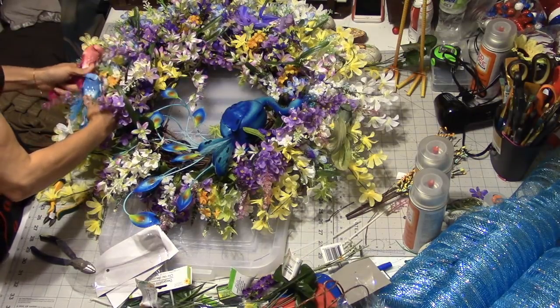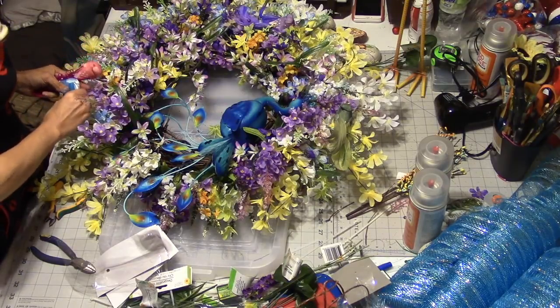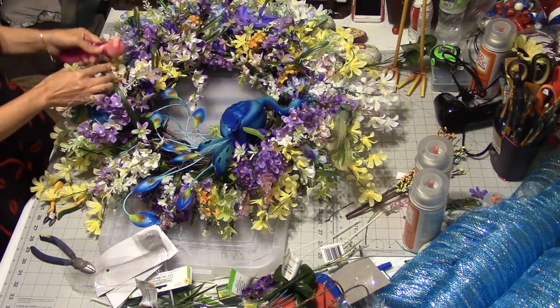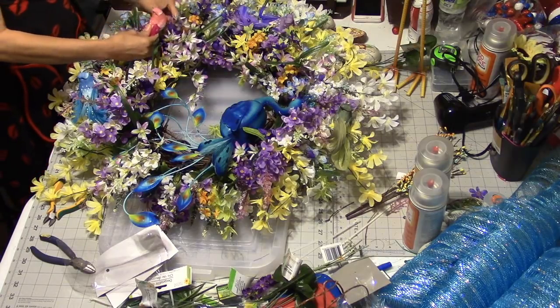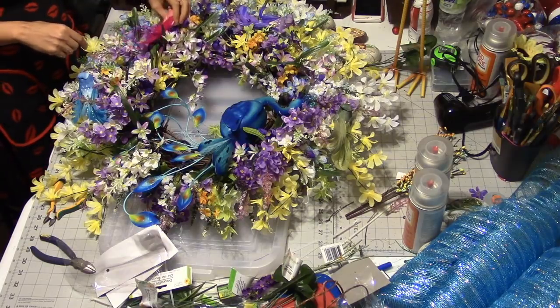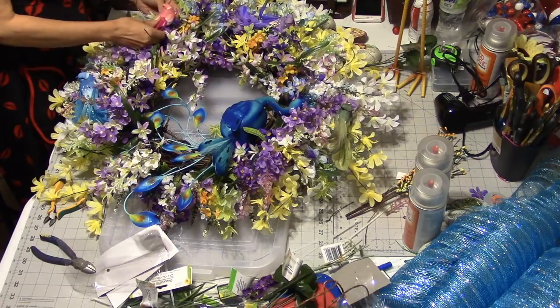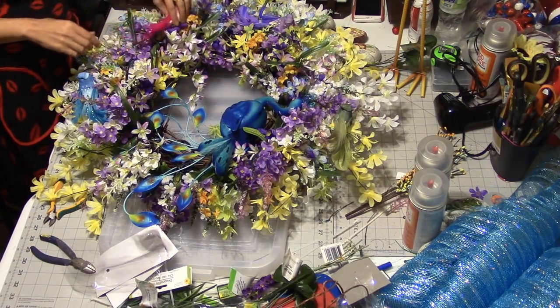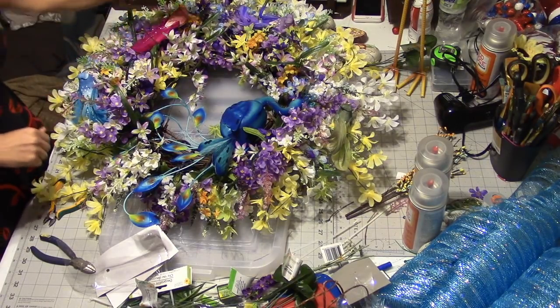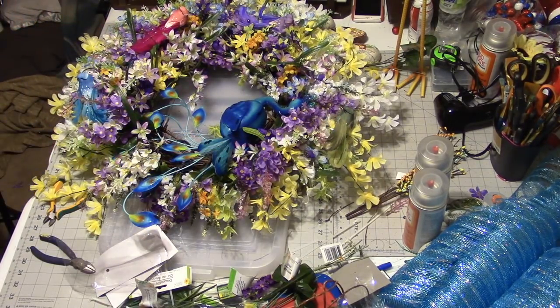Put this right here. Put this one right here. So if you're going to use the pink bird, you can add a little bit of pink in this. And you know what? I just might, because we have blue, purple, and sage. So, to bring out that pink, I have